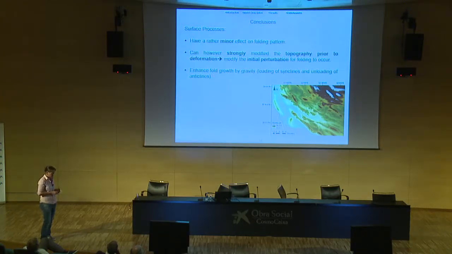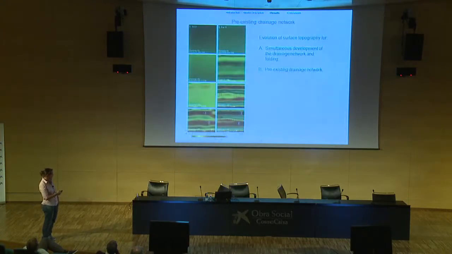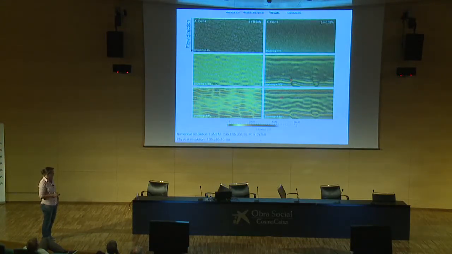But the location of the fold is not strongly governed by the surface processes, mainly because, if we go back to this slide, in our model the folds start to develop at the front of the compression. So the drainage network gets very quickly deflected, and it does not have the capacity to cut through the anticline. The reason we observe this is that when we add a regional slope to the model, we introduce some variation in thickness in the upper layer, and as a result, folds tend to grow where the thickness is smaller.